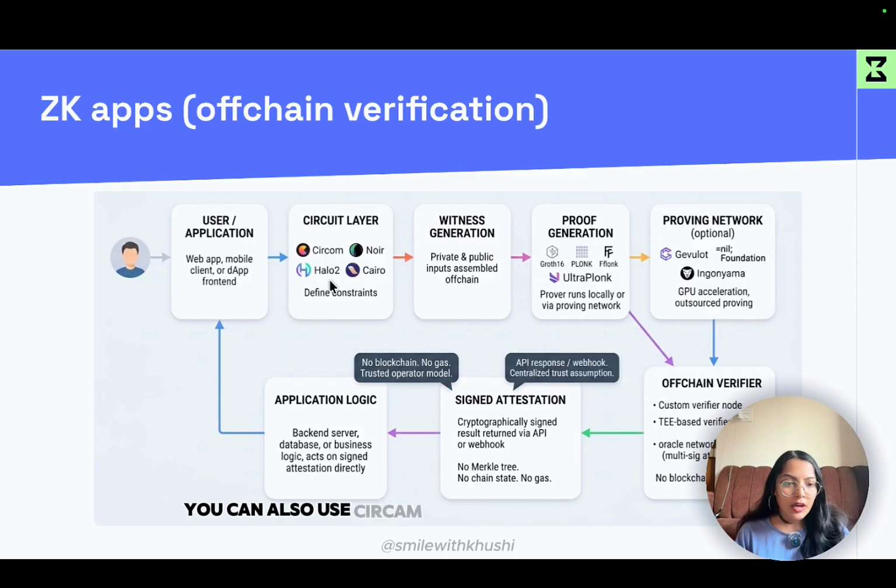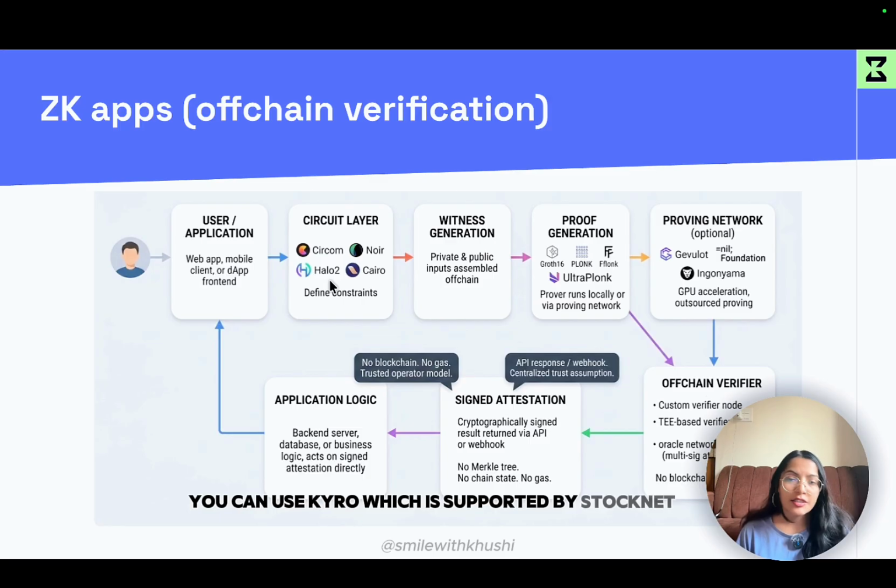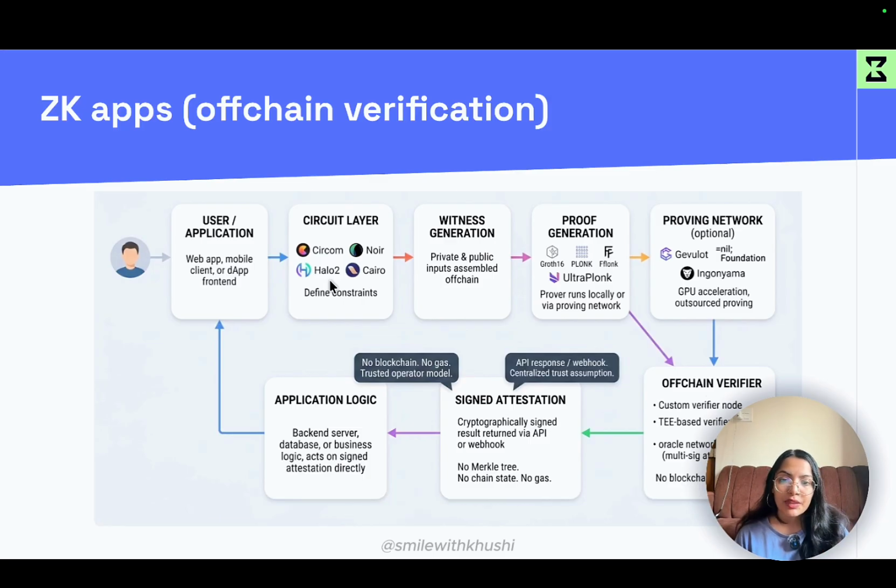You can also use Circom, which is more for a little more complex proofs. And you can have Halo 2, you can use Cairo, which is supported by Starknet, to write these circuits. Another way to think about the circuit layer is, you must have written a lot of Python, Java, or C++ programs where you do things like write a program that checks if the user is eligible